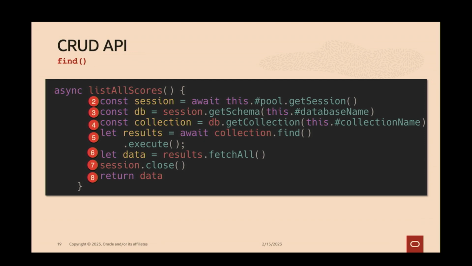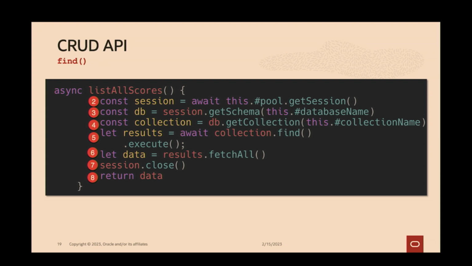The first thing we're going to do is grab a session from the connection pool. Then we're going to grab the schema from the session, and then we're going to grab the collection from the schema. Pretty much every example I'm going to use from here for the rest of the time, those first 3 steps in this method are the same. They're going to happen every time. Then we call